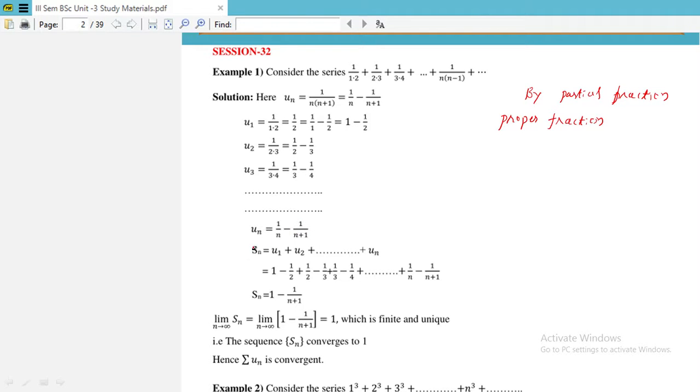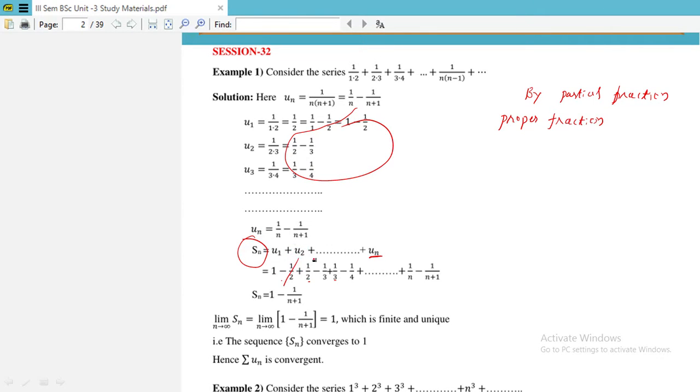Sum of partial sum. A sequence of partial sums is Sn, which is equal to u1 plus u2 plus u3 and so on up to un. Adding all these terms, u1, u2, u3 and so on up to un,